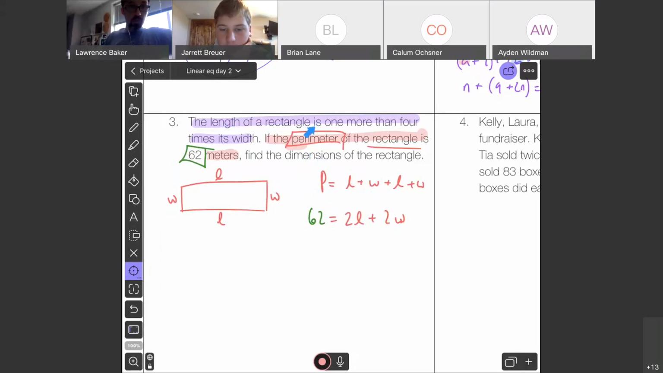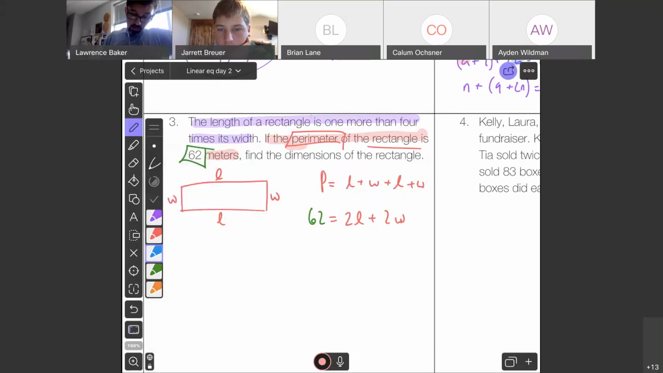What are those two little symbols right there? Why is that so important? Equals. Hey, there's another one. The perimeter is 62. So the length, L, is